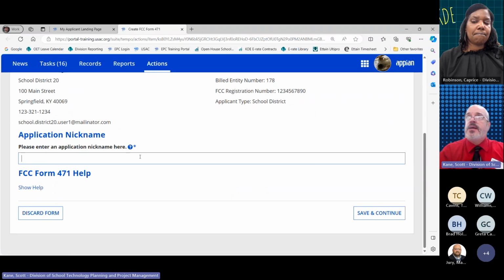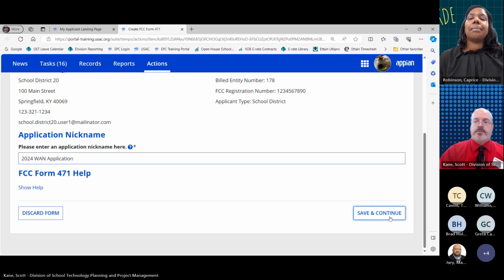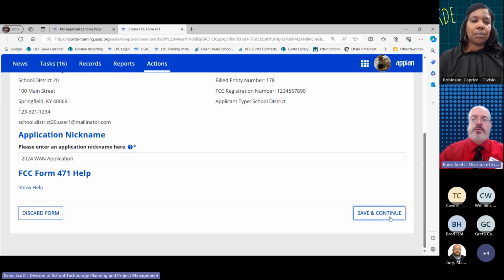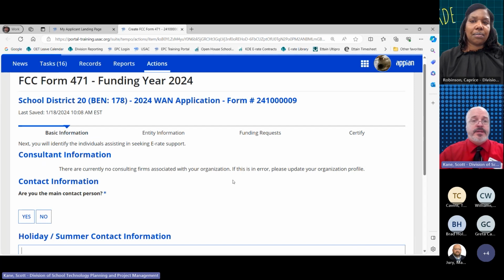For your sake, I recommend something that will help you easily identify what it is that you're applying for. So you might do 2024 WAN application. And we are going to start with the example of a WAN application where you're filing for connectivity between your buildings at your district. Save and continue. You will hear those words ad nauseam today, so just be aware.